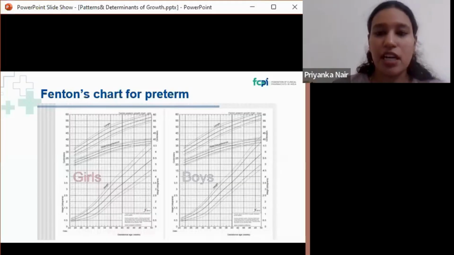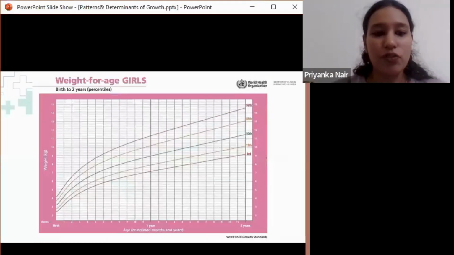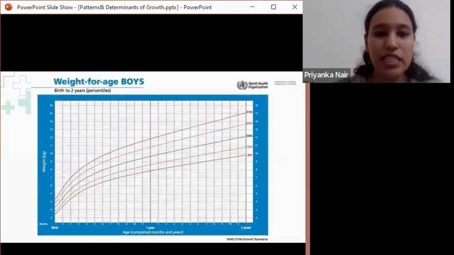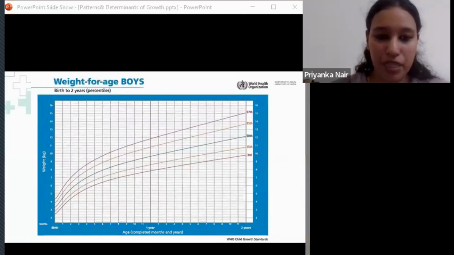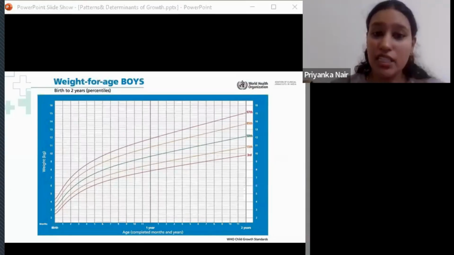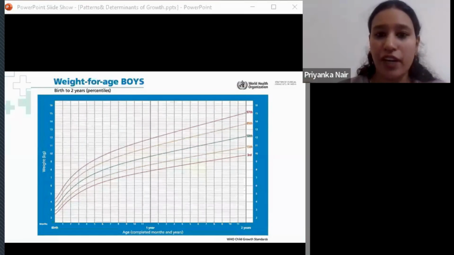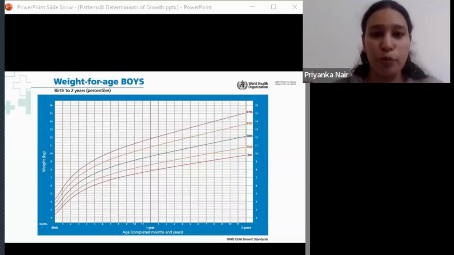Similar to the Fenton charts, we have weight charts for each age, which is different for boys and girls. In this, we can find out the percentiles for height, weight, and head circumference. All these three together are called anthropometry. And because of this, we can find out whether the height is appropriate for age or weight is appropriate for age